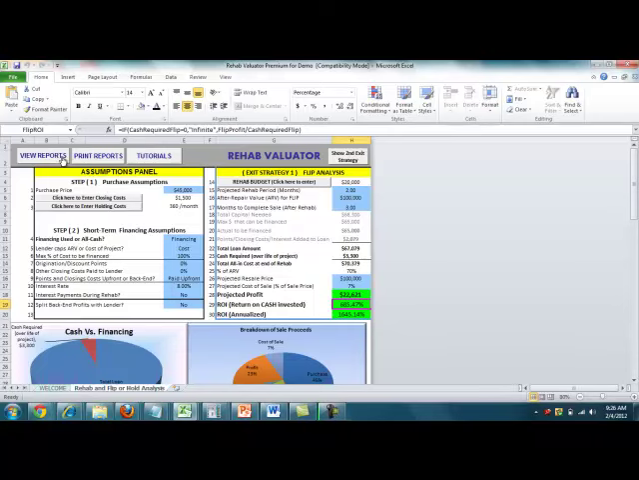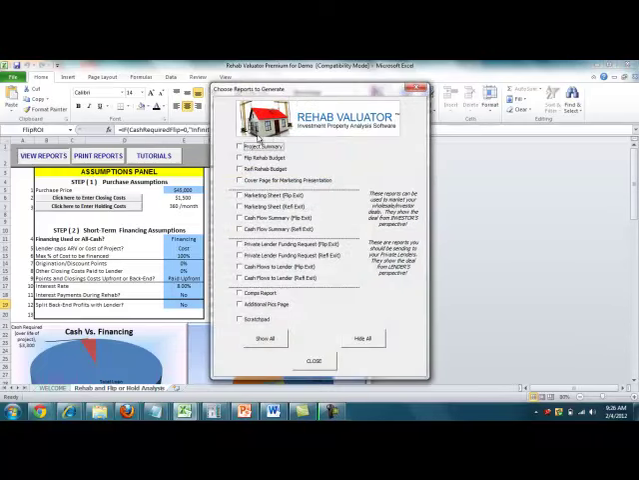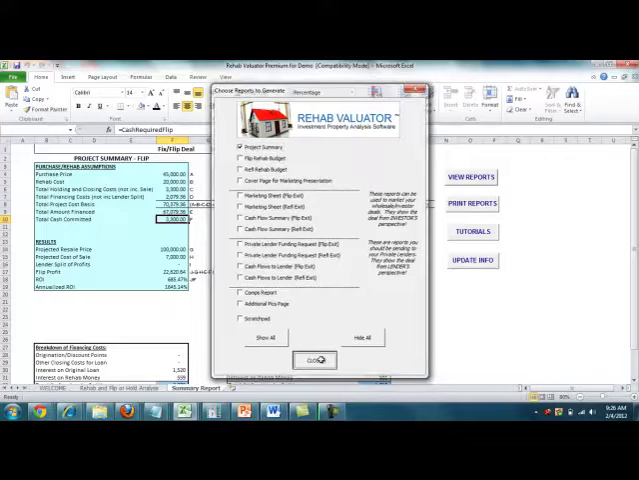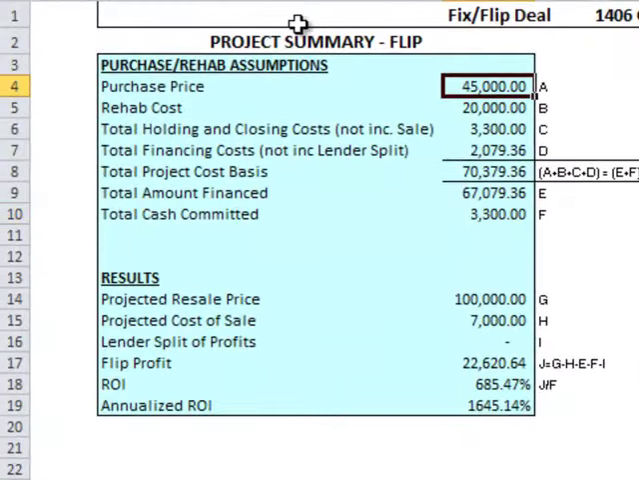So here's what this deal looks like for everyone. If we go to project summary, so okay, you're buying for 45 grand, rehabbing for 20. These are your holding and closing costs. This is what financing costs you. You're paying about $2,100 in interest. Here's your total cost basis. You're financing a big chunk of that. This is how much cash you have to come into the deal. Your projected resale price, cost of sale. So you're making